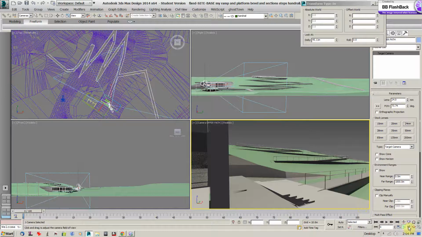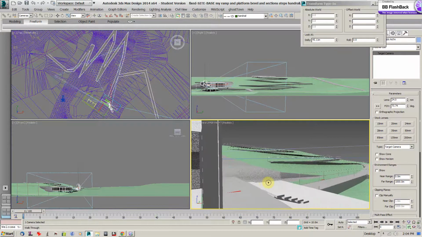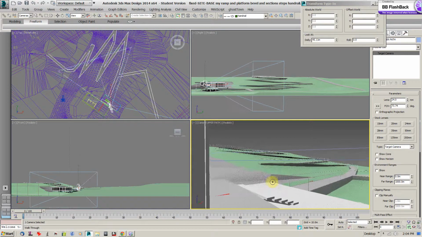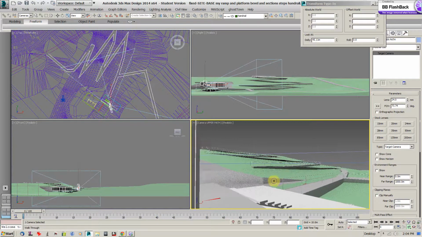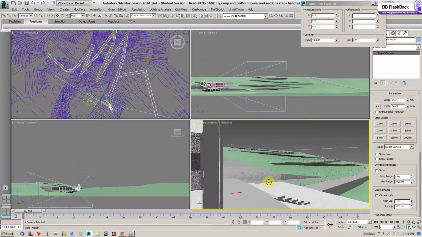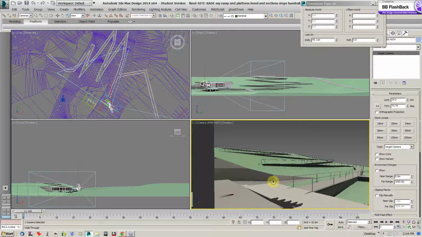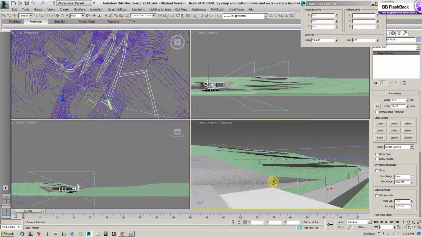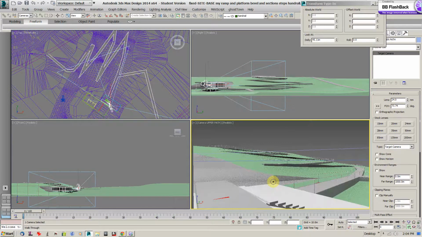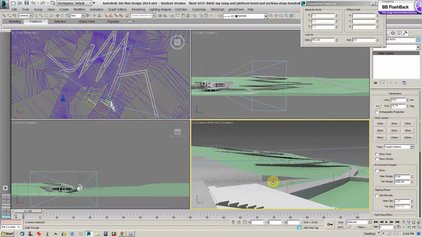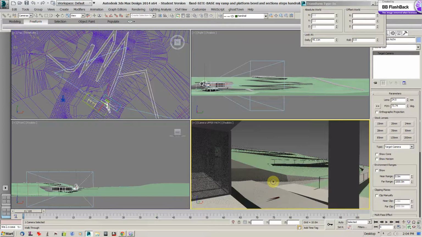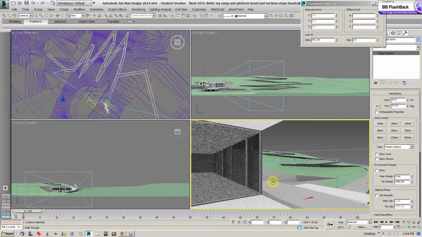Now to use the walkthrough, what you can do is hold down your left mouse button and drag left and right, and that will turn your head. You can sort of look around a bit more, and you can also use the arrow keys to walk forward and backwards and left and right. So this is not looking